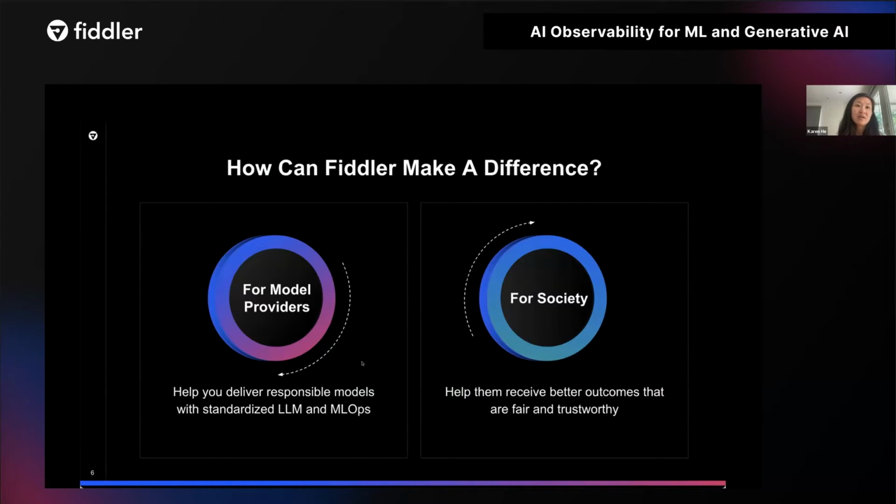On one side, we're helping ML teams deliver responsible AI models and applications. And on the other side, we're helping people engaging with AI receive better outcomes that are fair and trustworthy. By addressing both sides of the coin, we are able to build trust into AI and make the world a better place.